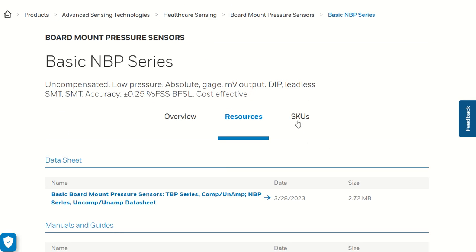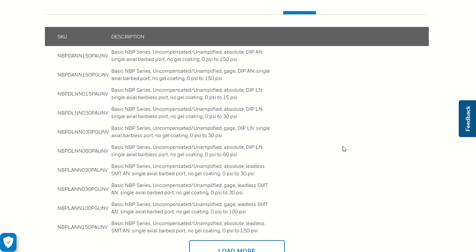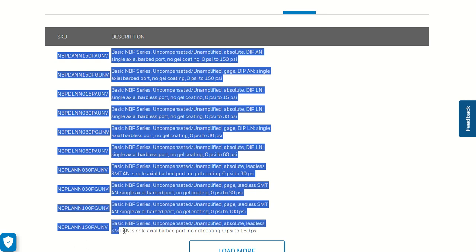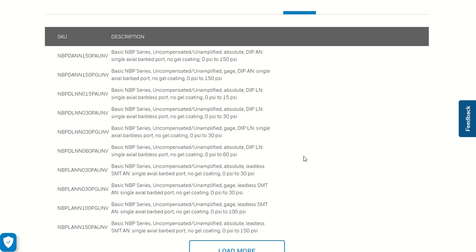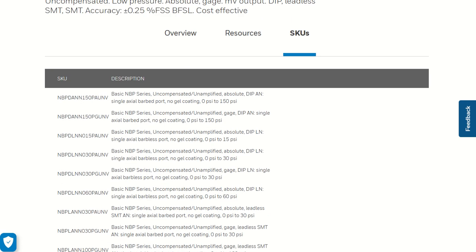Now we talk about particular numbers that I was telling you. So you can take any of these two SKUs that are already available on the website. So if you have to have a utilization of 150 psi, then this part number is 150 psi, this is 15 psi, this is 30 psi. Okay, so if you want to utilize for 30 psi, this will be one of the best examples. Okay. Got it? So let us proceed to the next section.